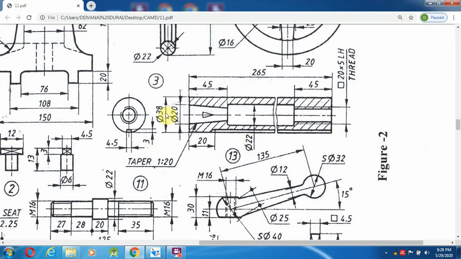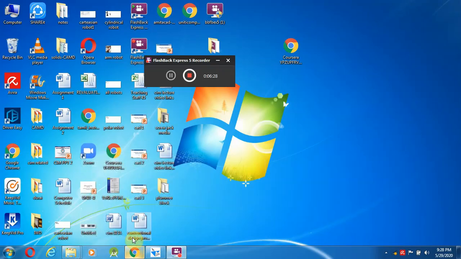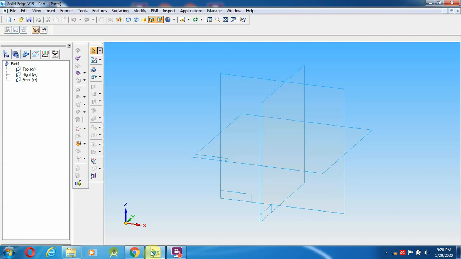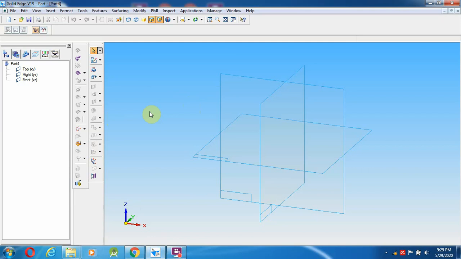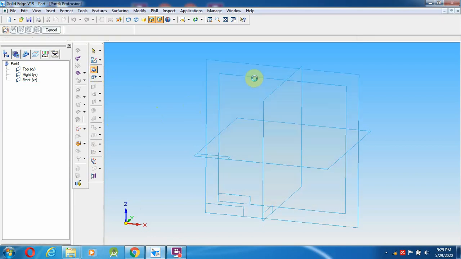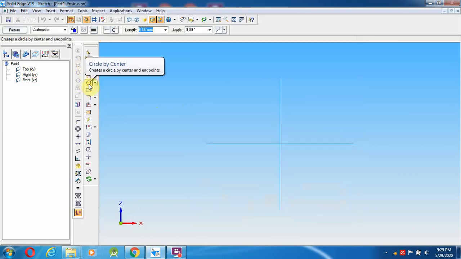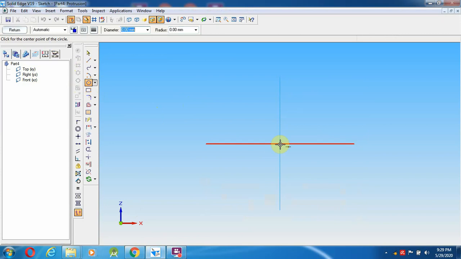First I am going to create a 38 mm full solid cylinder. Select solid edge, go to protrusion, and first select a circle. What is the diameter from here?